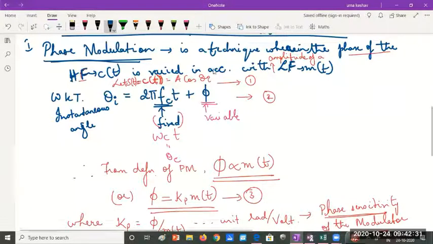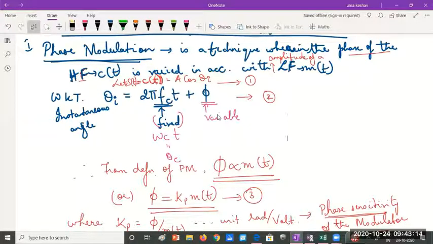Only thing, in the carrier we don't change this angle, but once we change the carrier to an angle modulated signal, we are going to change the angle. So I'll call this signal S of t = A cos theta_i, where the instantaneous angle, or the angle at a given instant of time, theta_i, is given as 2 pi fc t plus phi. Where this 2 pi fc t represents the fixed part and phi represents the variable part in the angle. So hope till here it is clear.